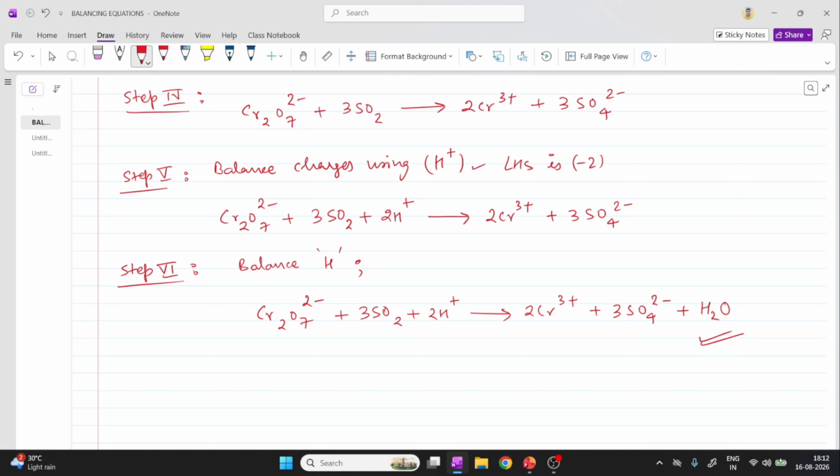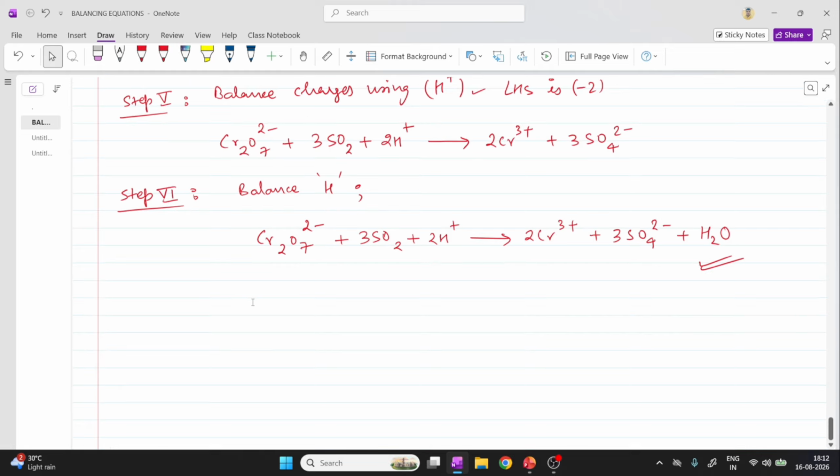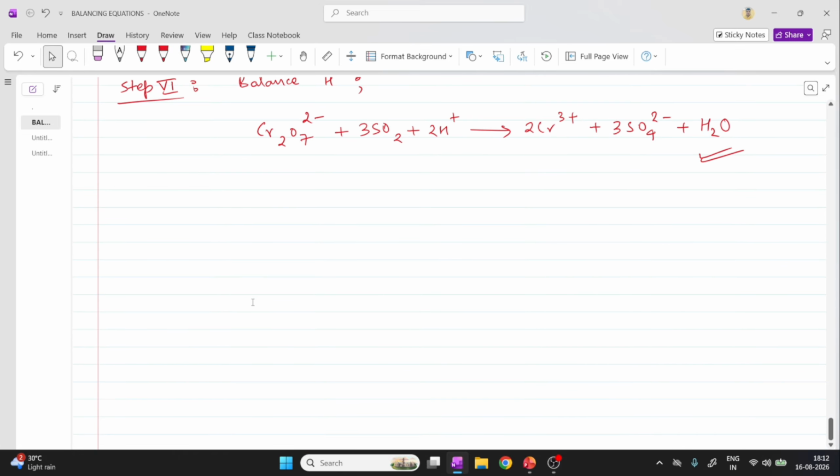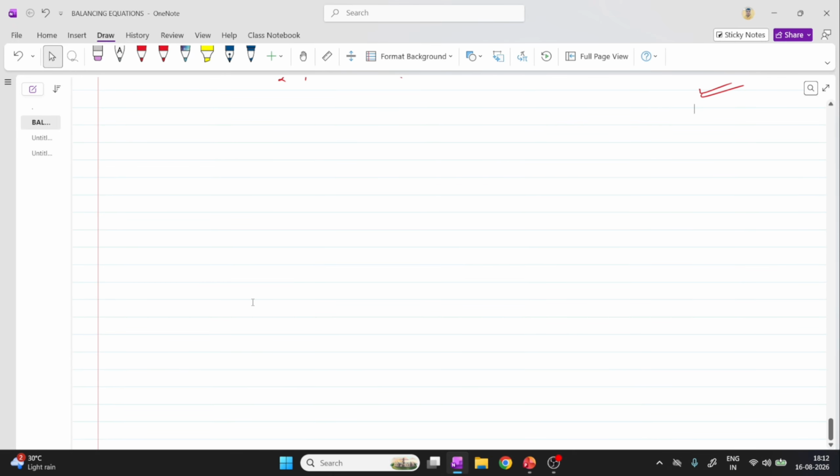So this is a brief overview of this ion electron method, in which there are several steps, although you can merge one or two steps if you want, but this is the sequence of balancing any equation using the ion electron method. Now the second method that we have is